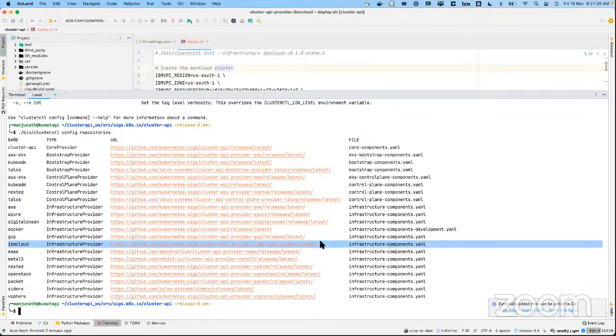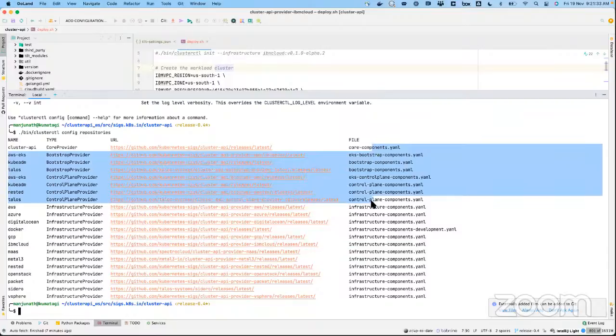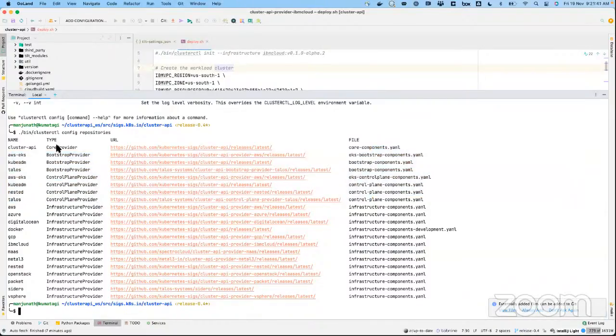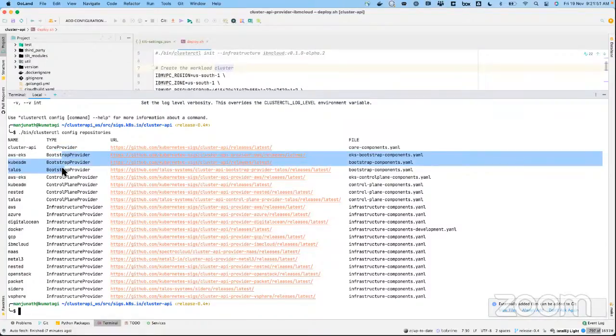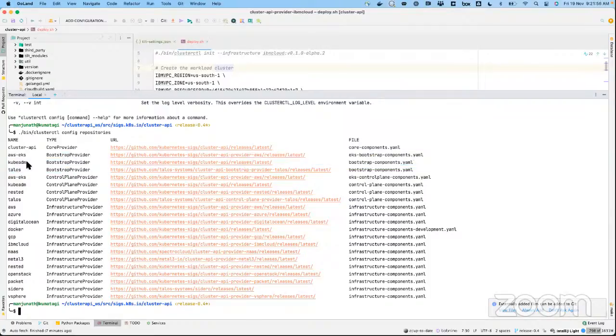What it does is it will look for providers. Of course, it will also list some of the other providers. Any component of cluster API is considered a provider here. So they have different providers like the core provider, which is mainly meant for handling the basic APIs. And then they have Bootstrap providers, which are mainly meant for how you bootstrap your Kubernetes cluster. One classic example is kubeadm, right? They have other providers also which work for different configurations.